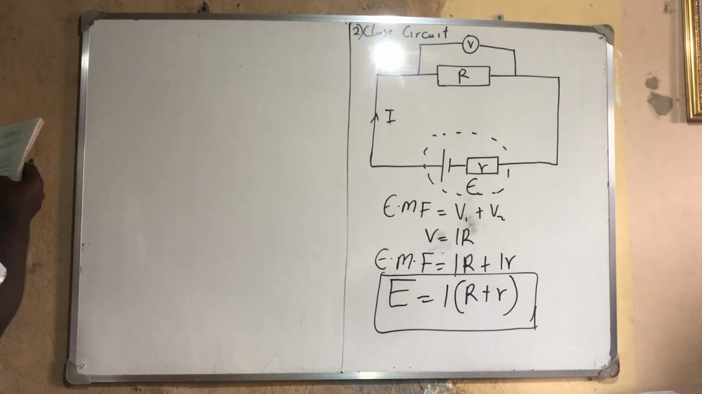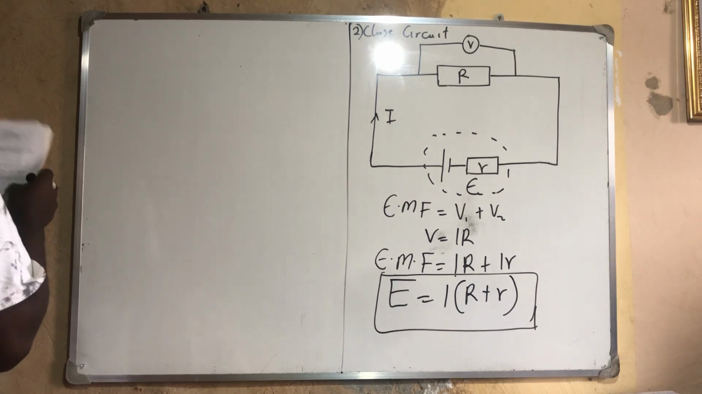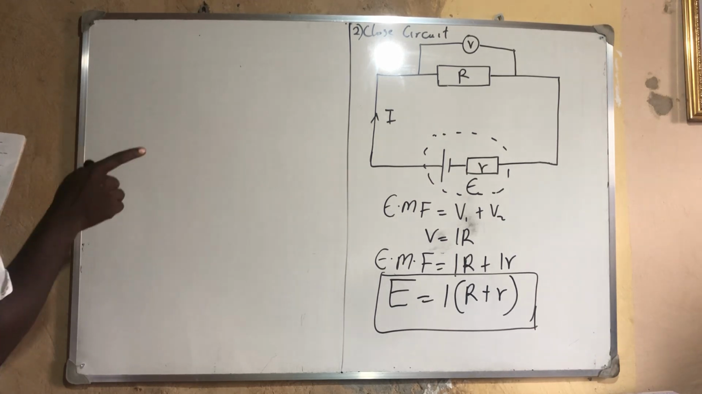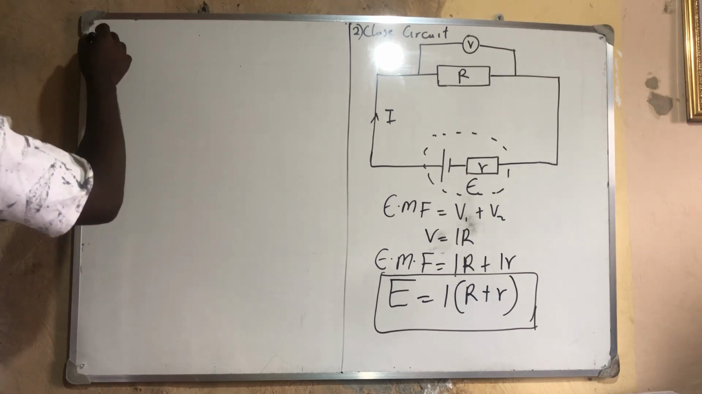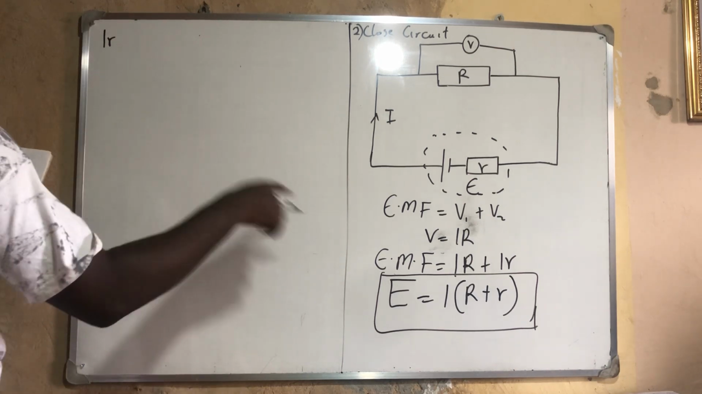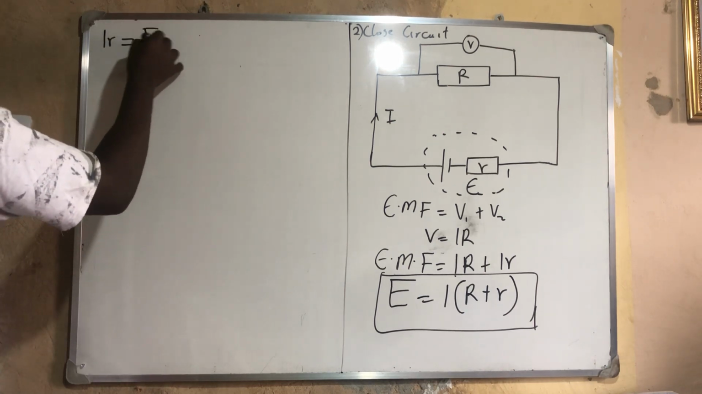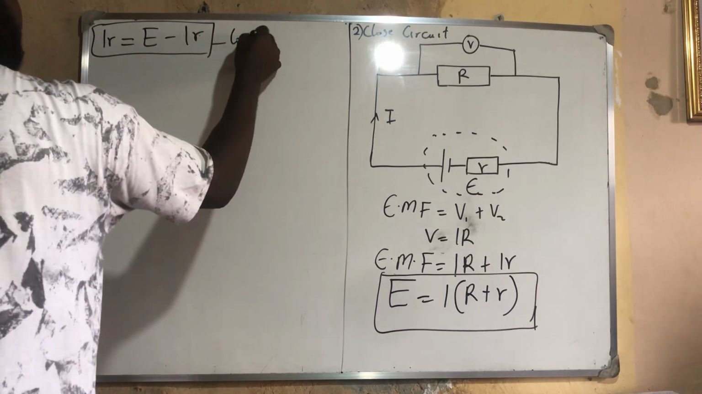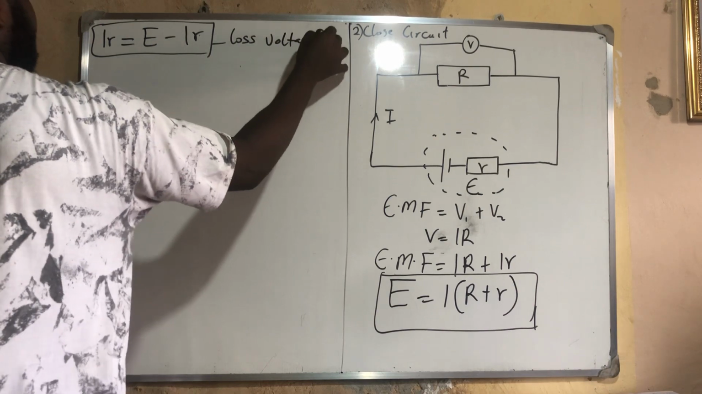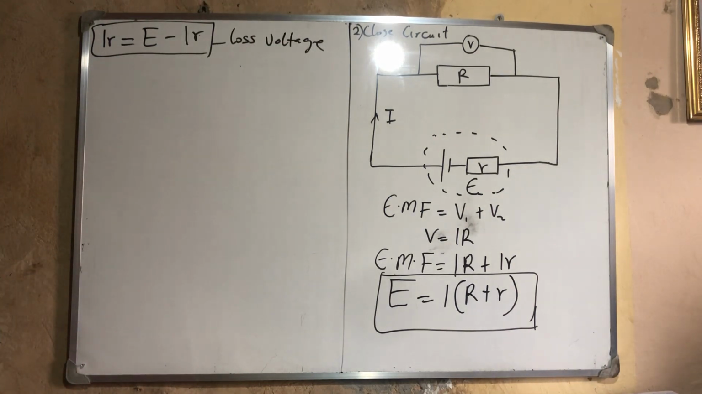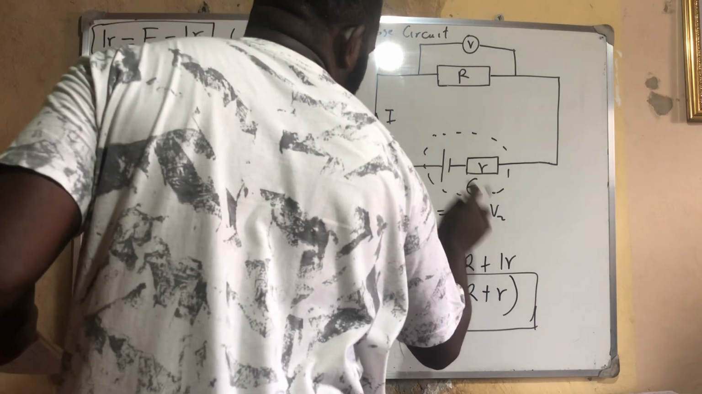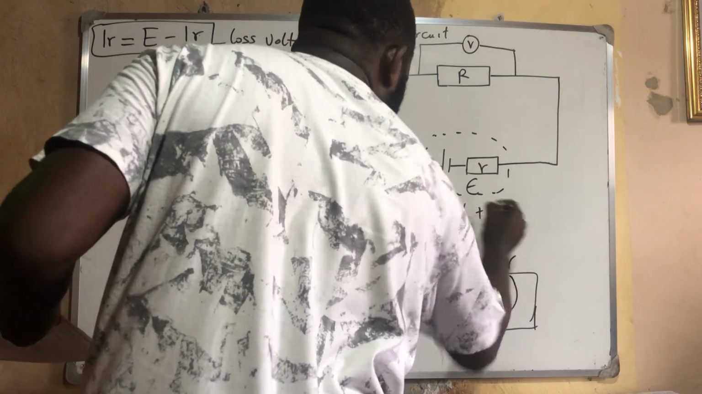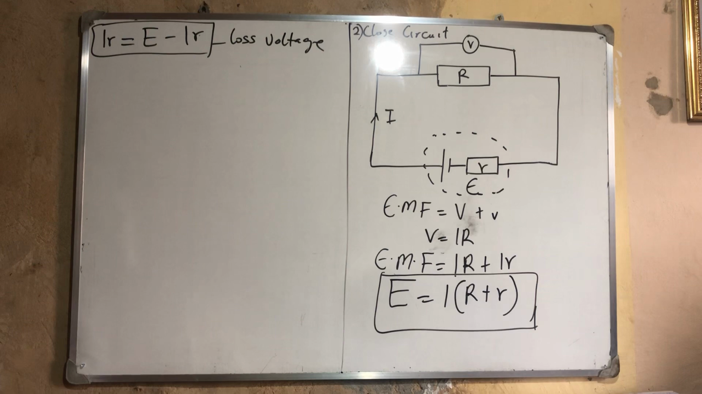Now, if you're asked to calculate the voltage loss, or voltage drop across the internal resistance, you will now know that the I small r, just make the I small r subject of the formula to have E minus I big R. So this is the formula to calculate the loss voltage. You can call this big V and small v, or V1 and V2, any one. So that is that. So let's talk about efficiency